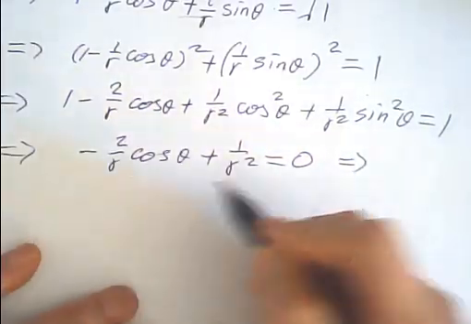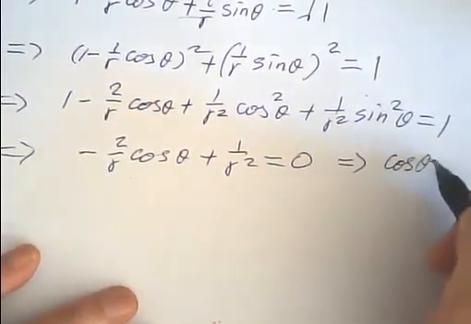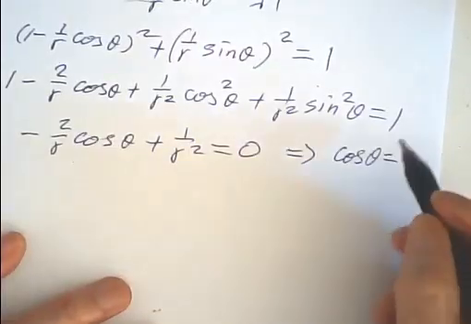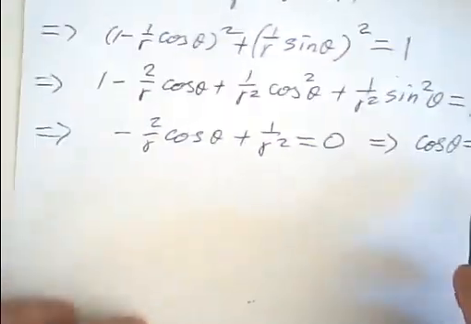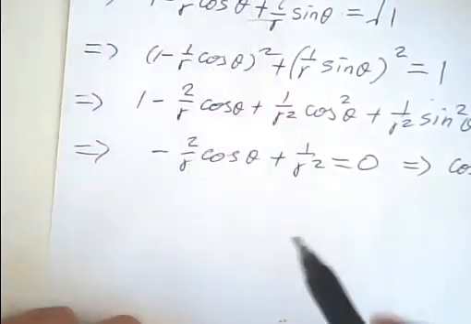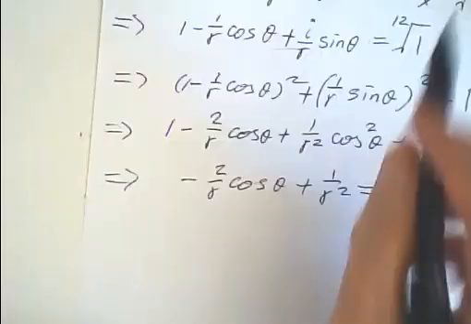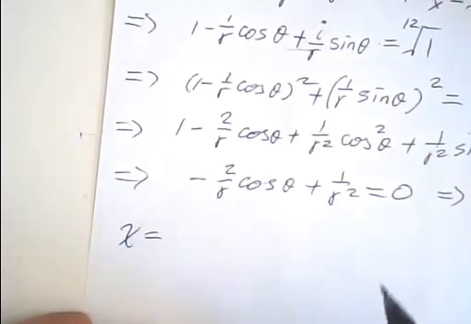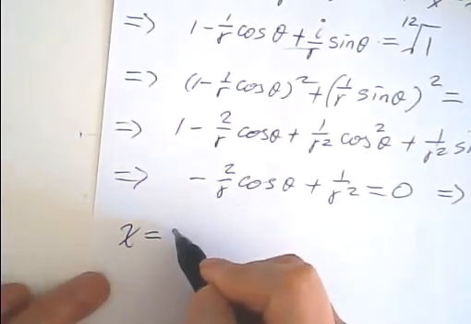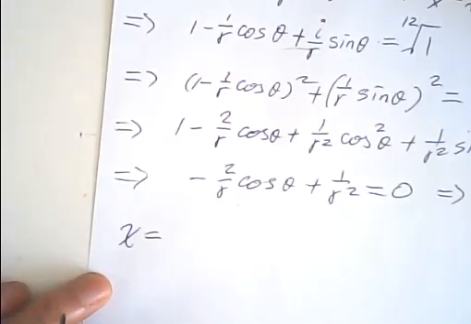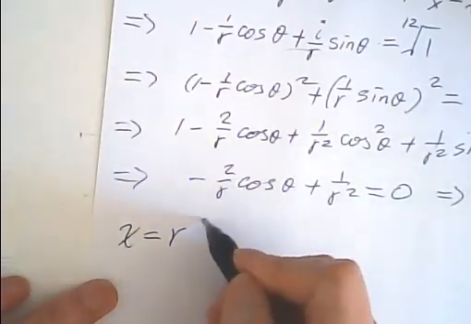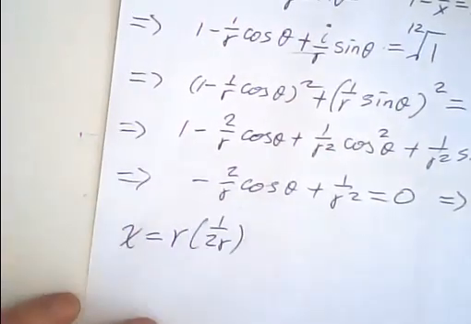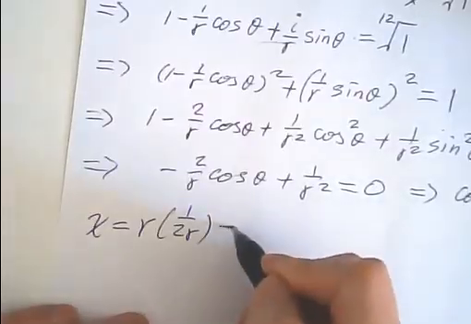So we can find cosine theta is equal to 1 over 2r. So we put cosine theta over here. So x is equal to r, right, times cosine theta, which is 1 over 2r, plus